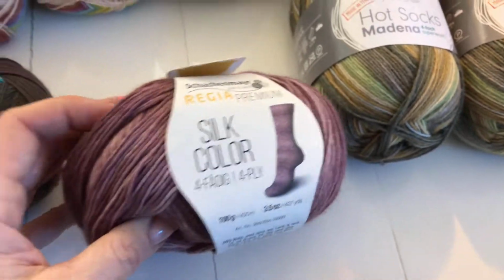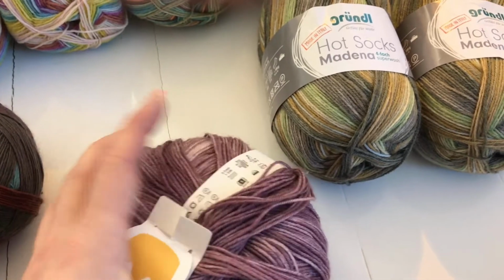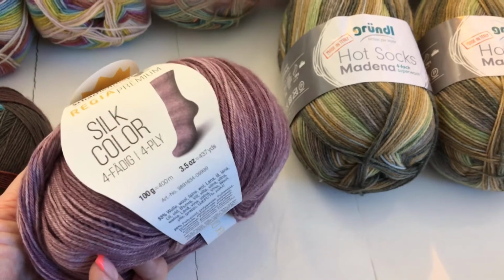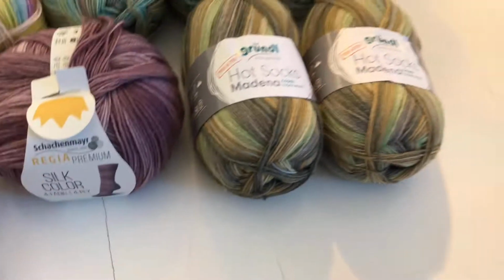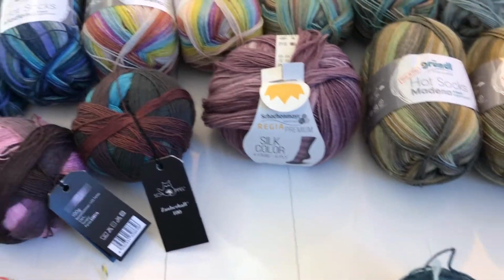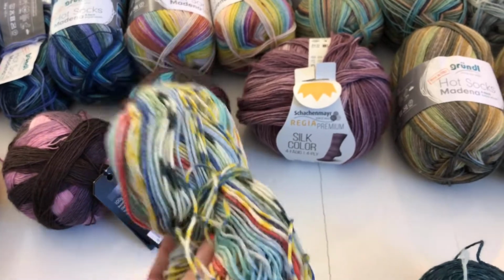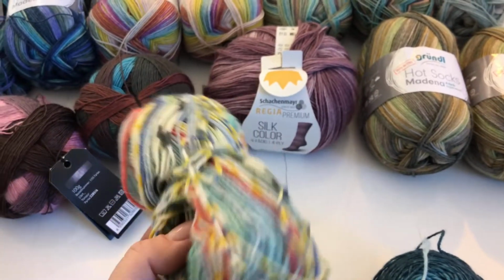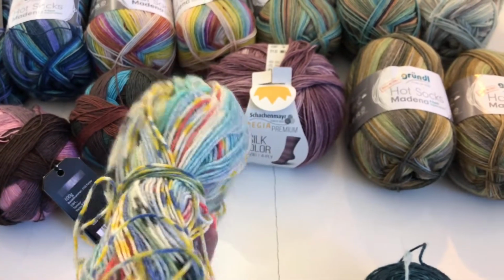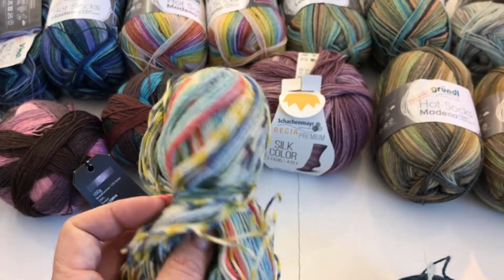I've heard different reviews on this. Some say it just starts peeling and felting very quickly. Others say they are in love with this. Okay, now with this self-striping, I have this. This is Regia, or no, this can be Opal. I knitted 2 pairs, or 3 pairs, of socks for myself and my daughter, and I